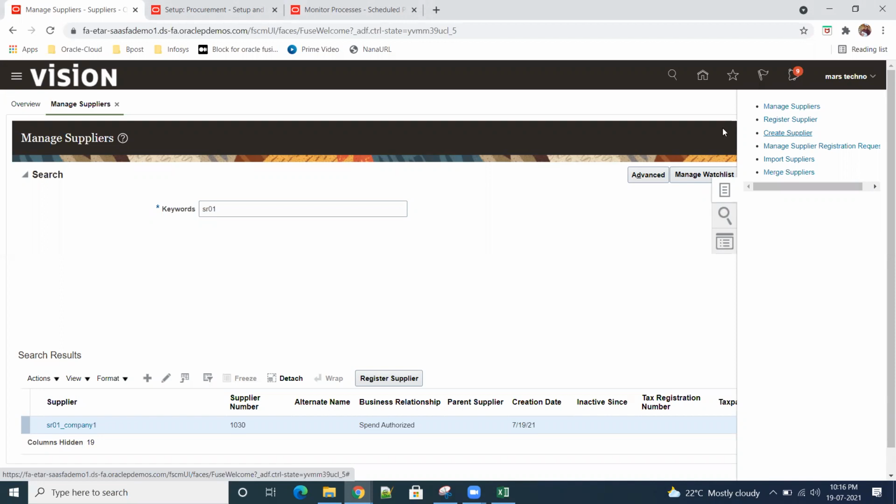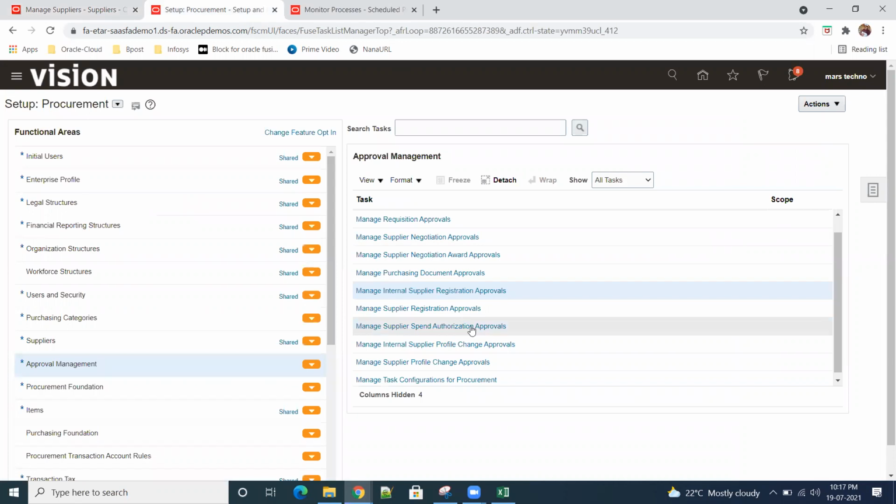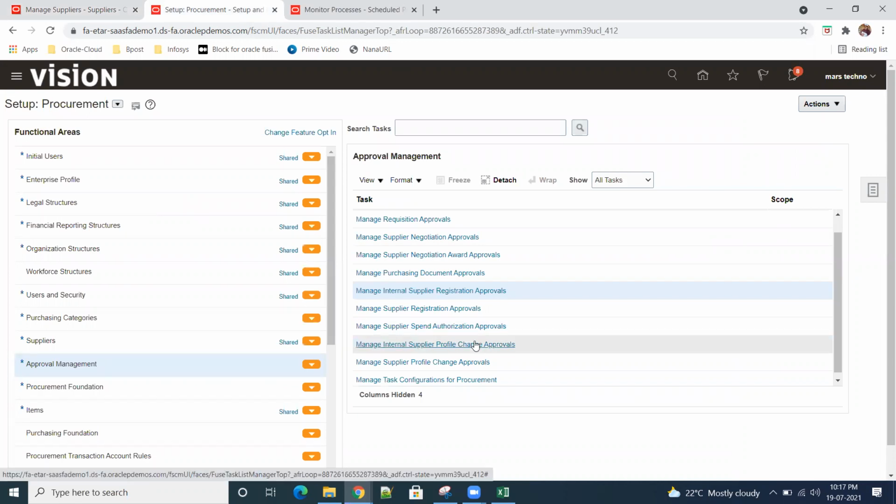So a registered supplier will go for approval, right, Ramu? Yes, supplier registration is nothing but internal registration. This will go for approvals. And if you want to register an external supplier, there will be links in the common procurement business function, first spend authorized and then prospective.